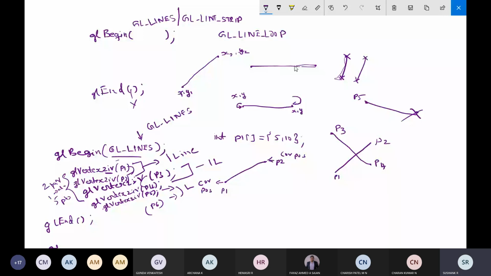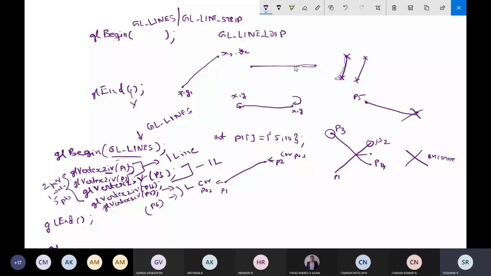A set of unconnected lines are formed unless the same coordinates are repeated. So even though you might think that the P1 P2 line and P3 P4 line are joining at some point, they are unconnected because there is no common vertex, no common coordinate position.